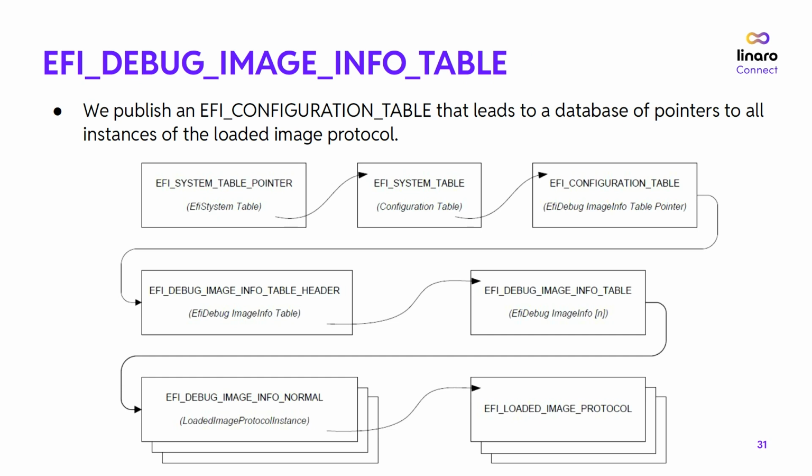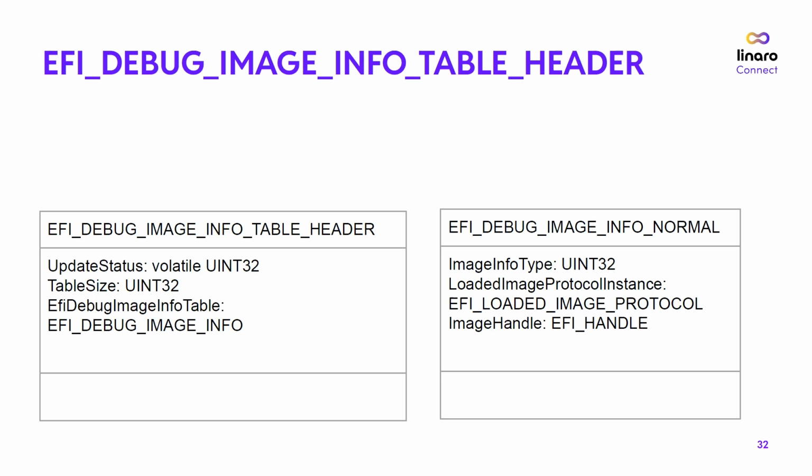This looks very deep, but in a real implementation we only need to add two more tables to the UEFI system. One is called the EFI debug image info table header, which is a configuration table. And another is the EFI debug image info normal table, which points to the EFI loaded image protocol, which has